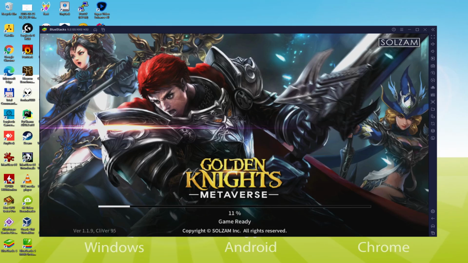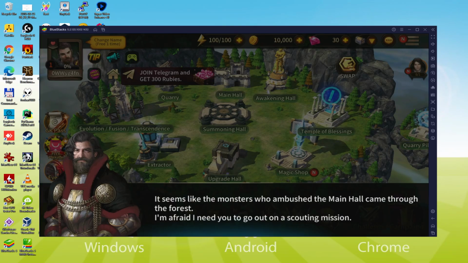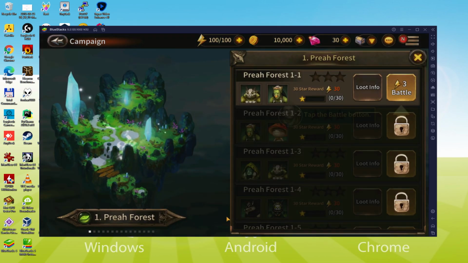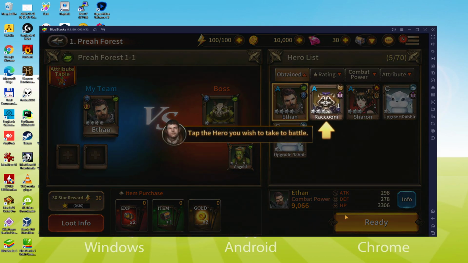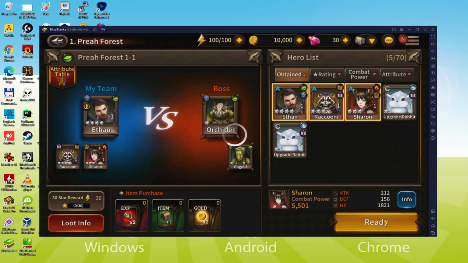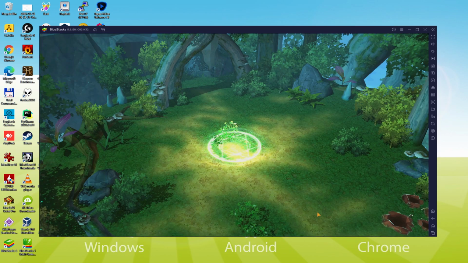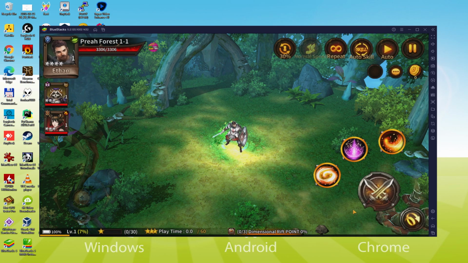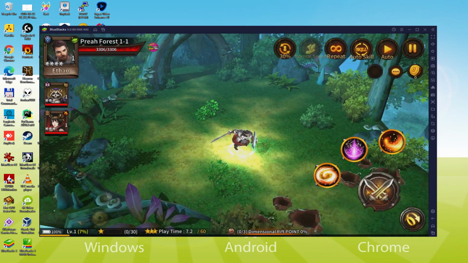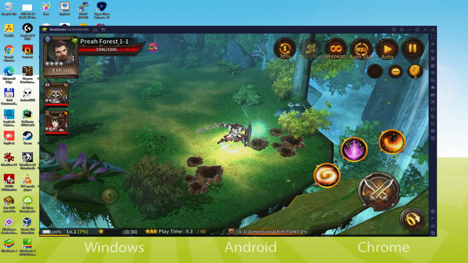Today we are going to see how to play Golden Knights Metaverse on PC using the brand new BlueStacks 5, that is designed for blazing fast speed and high-octane action. It packs a punch with mega performance upgrades and it has faster performance than any other high-end Android device or Android platform. We will be able to easily download and install Golden Knights Metaverse and enjoy the game on our Windows PC with keyboard, mouse and big screen thanks to BlueStacks 5, which is the Android emulator that we recommend to play Golden Knights Metaverse. So without further ado, let's get to it.